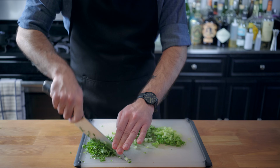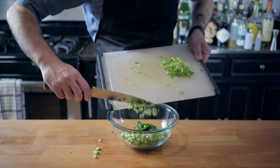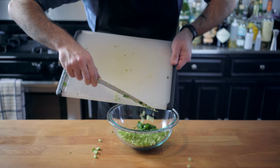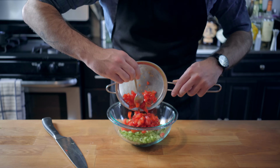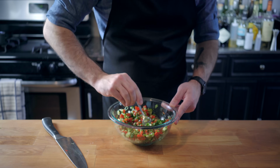This stuff can be made slightly ahead of time, but it's recommended that you leave the tomatoes for the last step if you're making it a few days in advance. I'm not entirely sure why, it's what the internet told me to do. That being said, I'm eating all of this stuff right now, so let's add the tomatoes, give it a little mix,